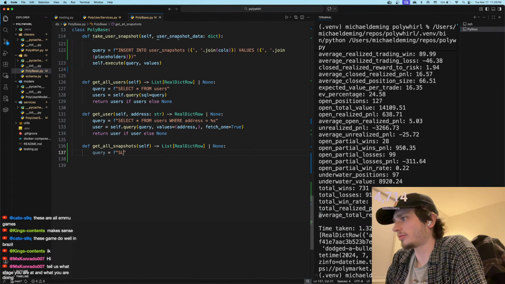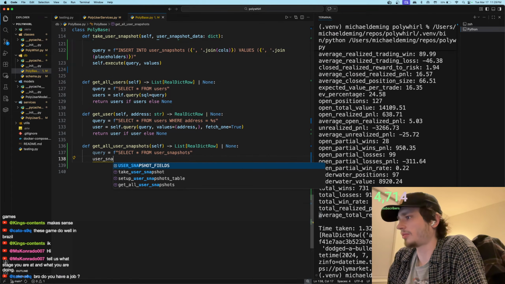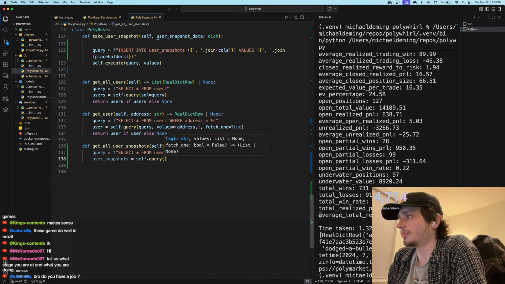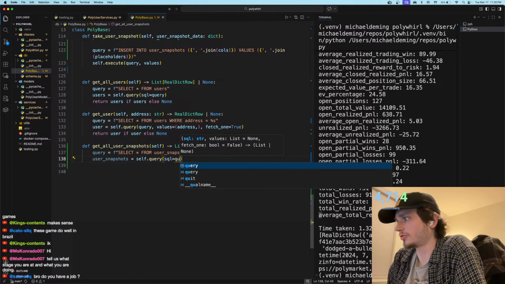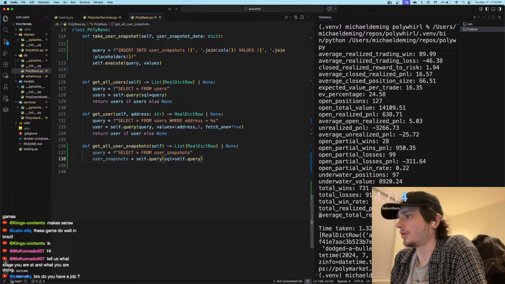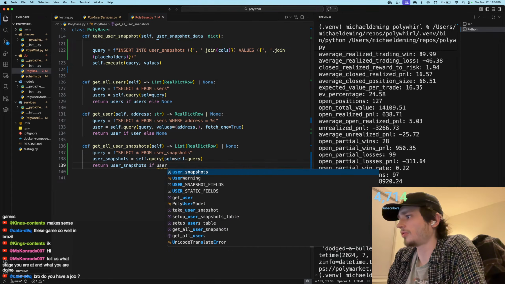We select all from user snapshots, right? We have user snapshots is equal to self.query. This equal is going to be this query. Perfect. And then we're going to say return user snapshots